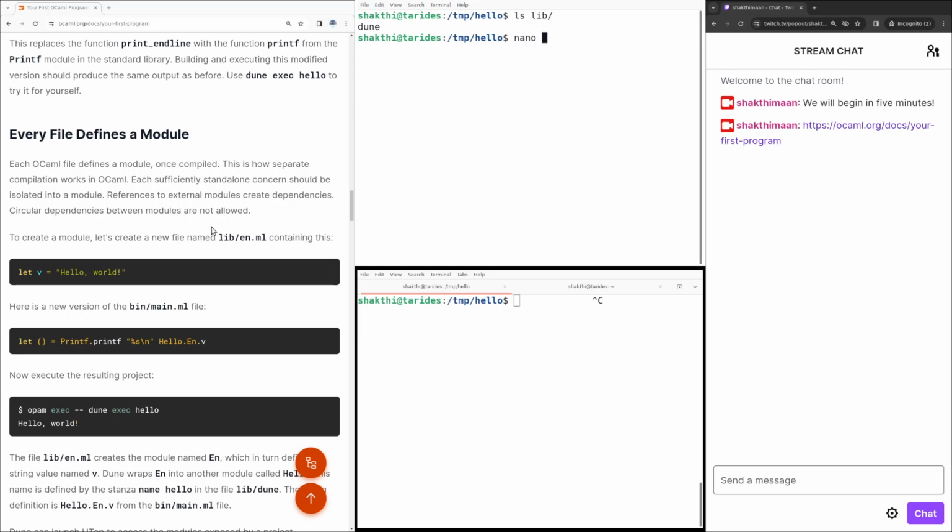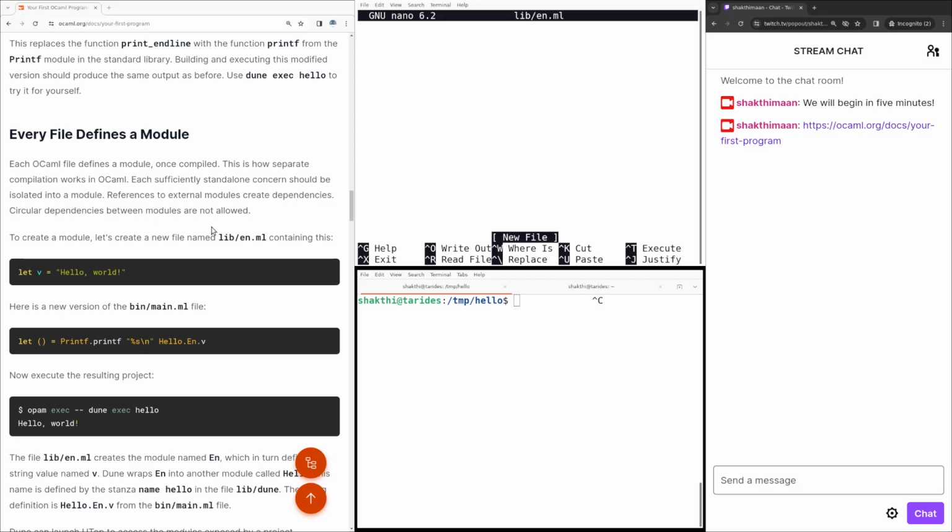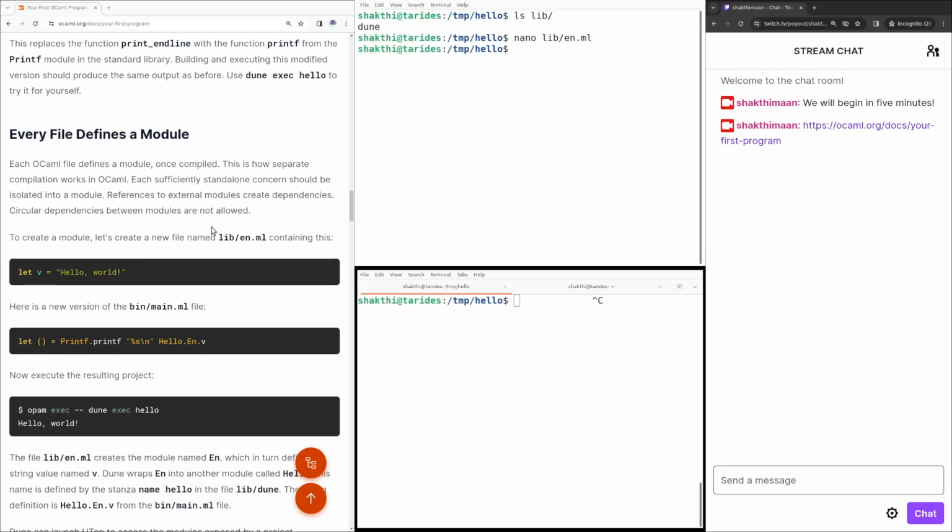So I'm going to create a new library module here called en.ml, and I'm just going to say let v is equal to "hello world". Let's put the exclamation there, and then I'm going to update the main file, bin.ml,